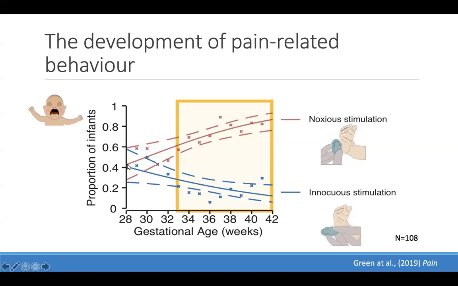And what you see in the 28-week gestation infants, around 50% of them will still show this facial grimacing. However, as these infants mature, the chances of getting this observation in a term baby is much lower. And you can see there's a clear difference in the percentage of babies that will show this observation in the term age. However, if you start looking at the children that are below 33 weeks gestation and you wanted to